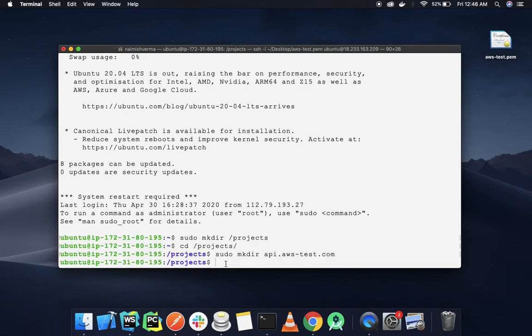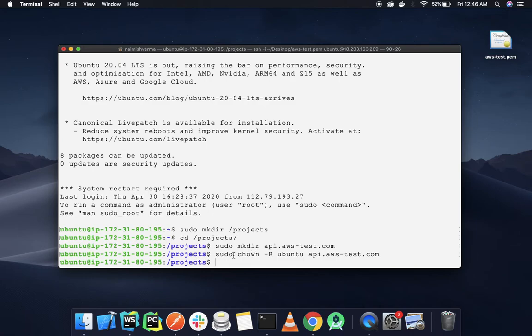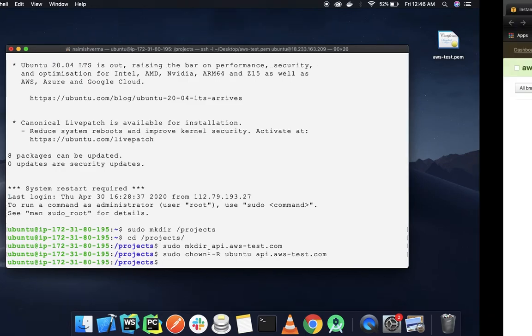So the command which we'll be using is sudo chown -R ubuntu and then the name of our directory api.aws test.com. So basically we are changing the ownership of this directory by this command.